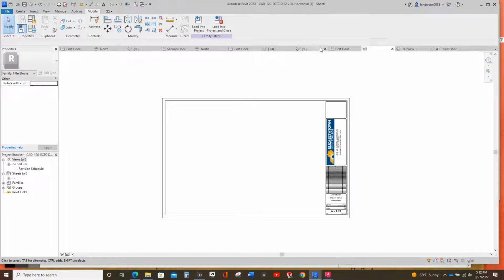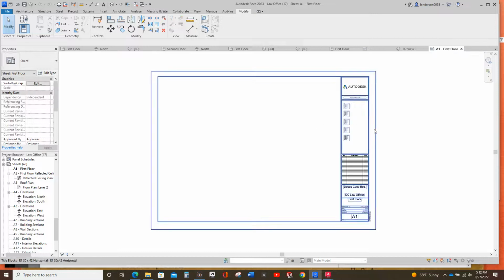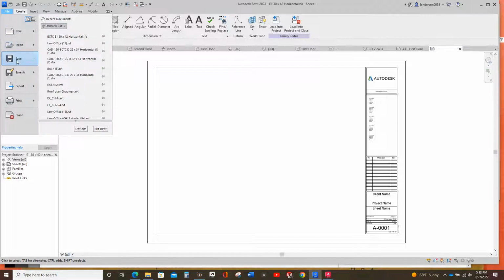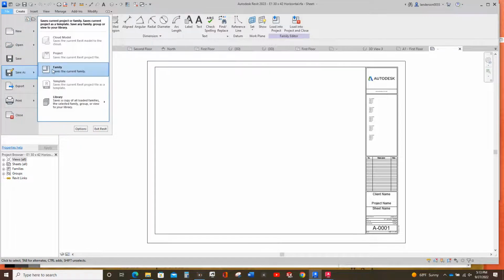where'd I put it? Right here. Yeah, this one right here. So first of all, we're going to double click on it, and that puts it in edit mode. So what I'm going to do is go up here to File, Save As, Family,